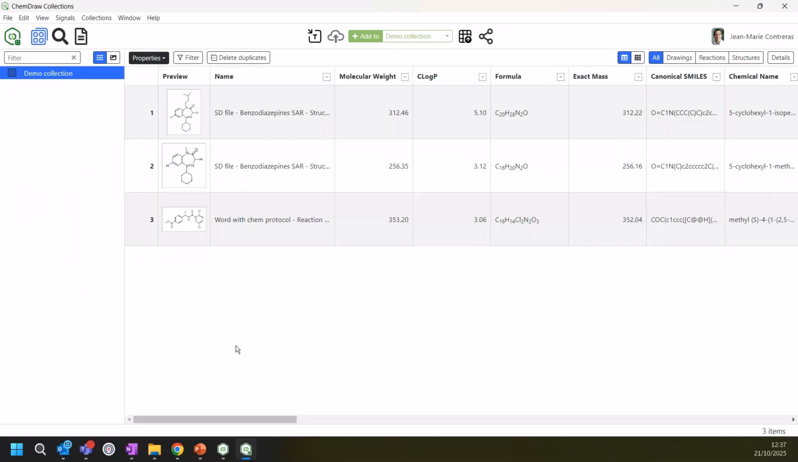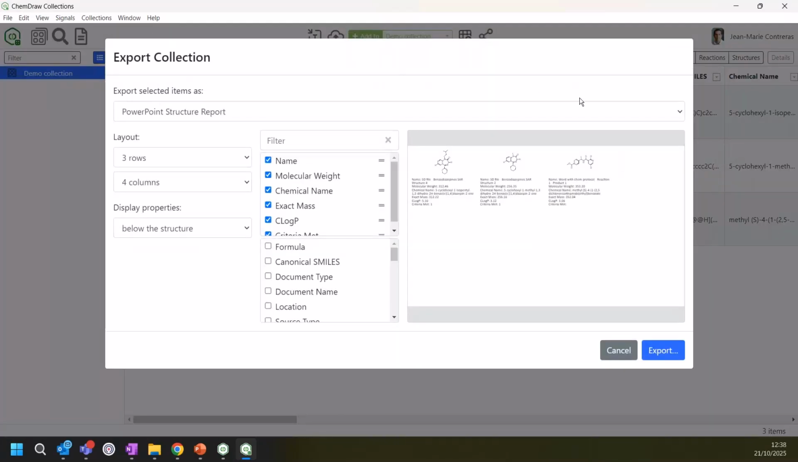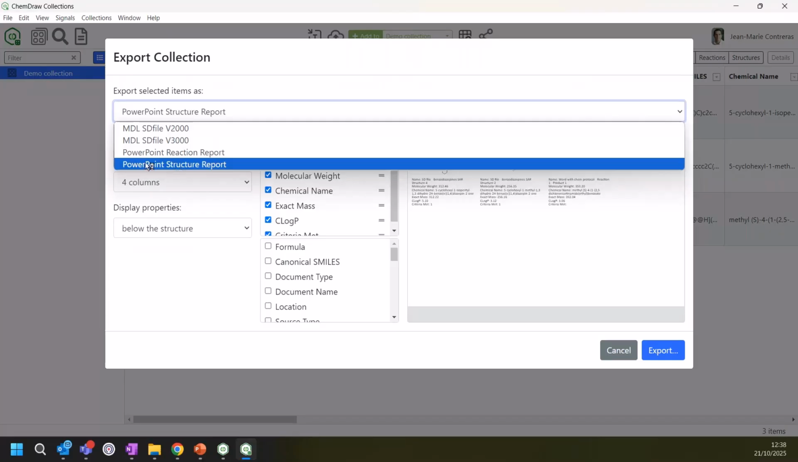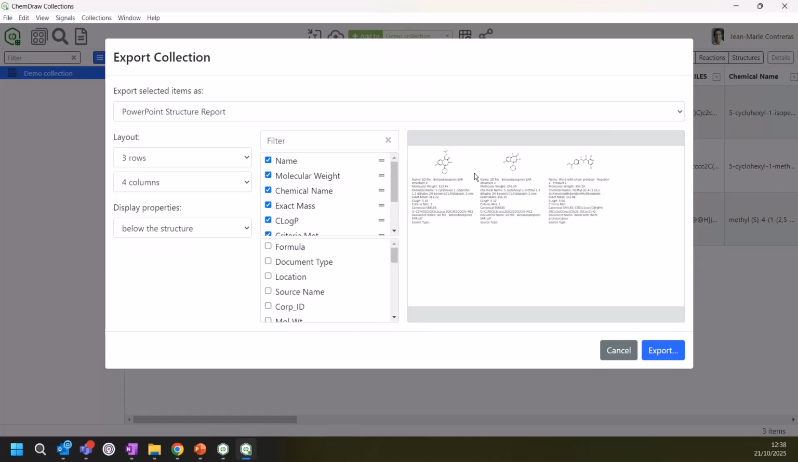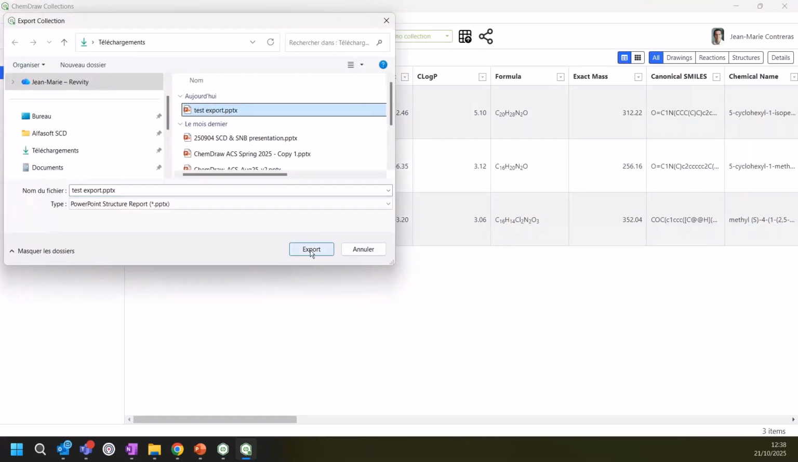Once it is there, you have the possibility to share this collection and make a report. You can use this functionality that will allow you to make this export. You have two different formats: basically, the PowerPoint format or the SD file. If you select, for example, the PowerPoint format, then you can decide what will be the layout of your PowerPoint document. The information you would like to see below the molecule, you can decide to add more if you want. You can see that the list of information is increasing. You can also remove the ones that are present here, make the export, save it as a PowerPoint document,